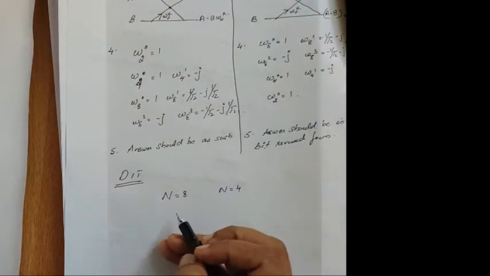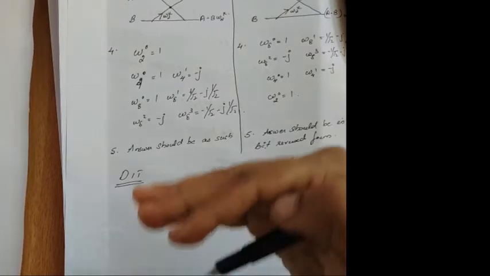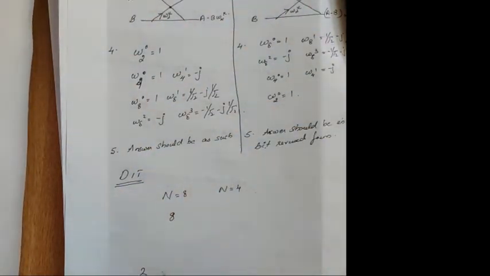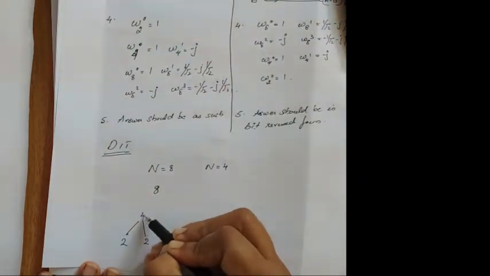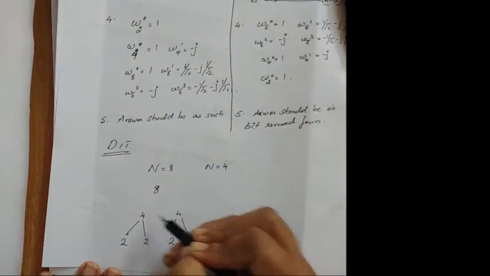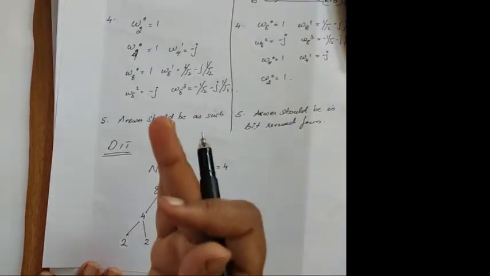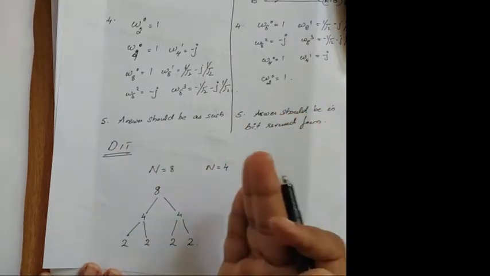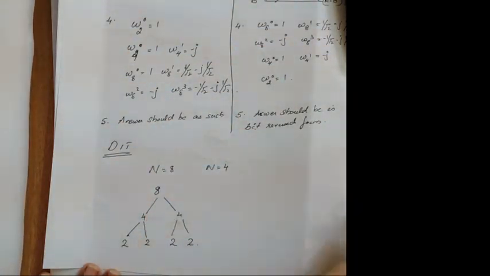So if it is an 8-point DFT, you first divide your 8-point DFT. You are using the radix 2 algorithm, isn't it? So you have to go from 2 to form 8. You combine these two to form 4 and these two to form 4, and these will be combined together to form 8. That means you are dividing every value into even and odd terms, and then combining those terms to form the final answer.